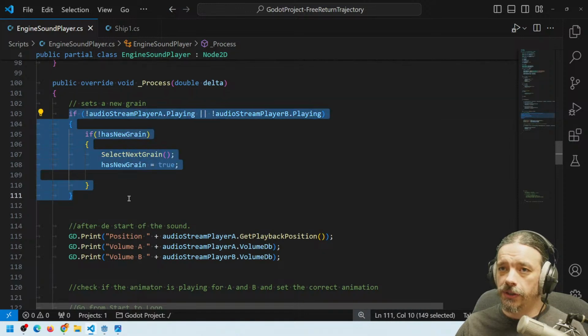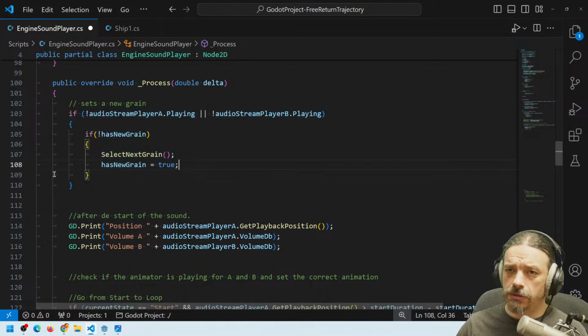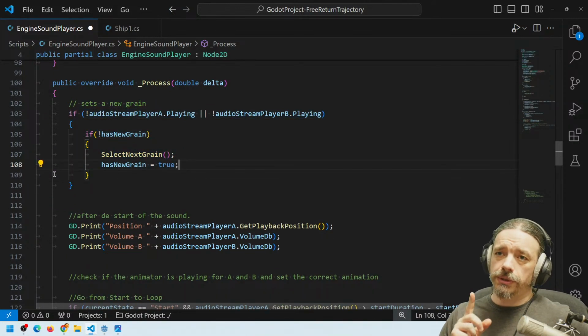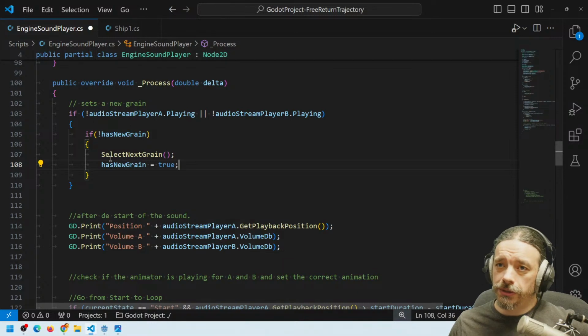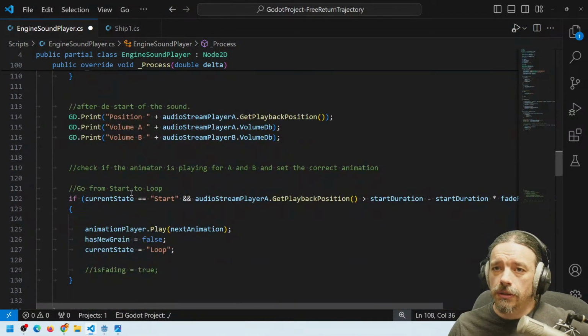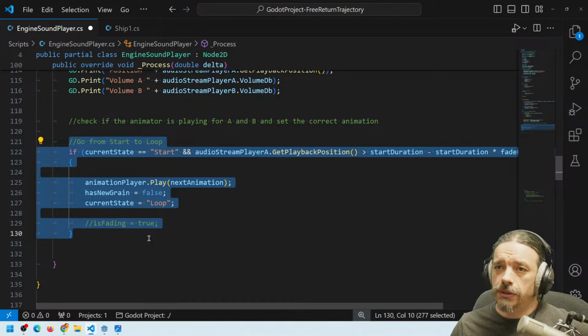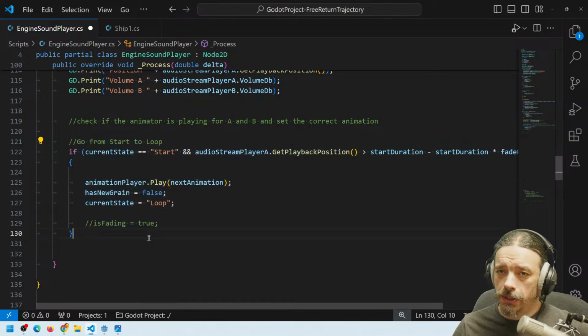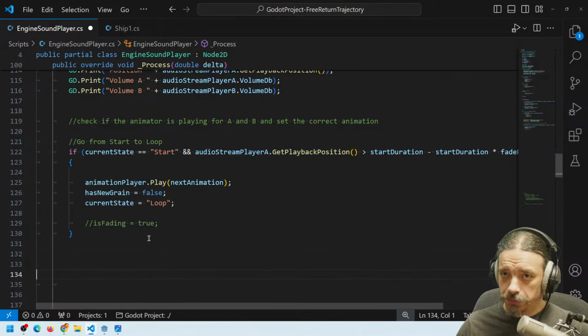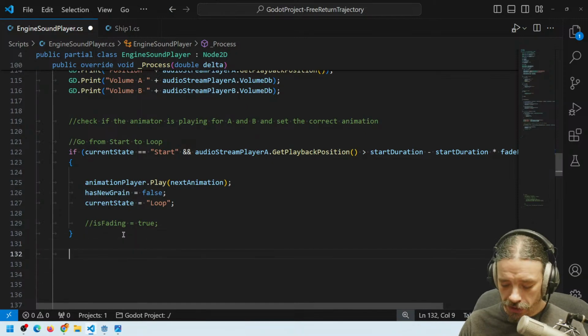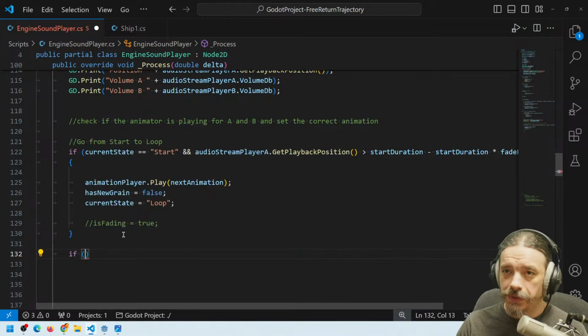So if it doesn't have a grain, it has one now, and it just does that once until the grain is used. This plays the beginning. So now to play the loop, and this is what we are missing to actually test it, is